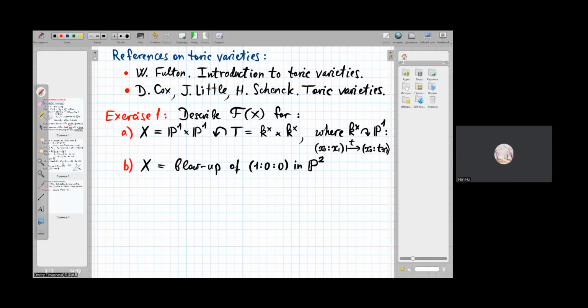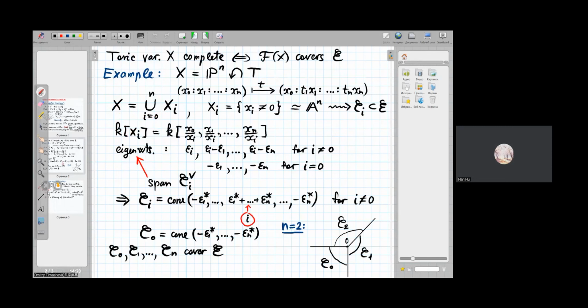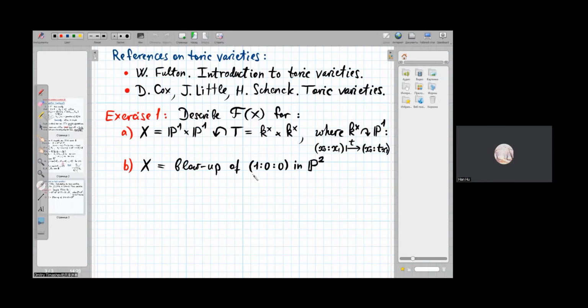It is a fixed point under the action of t in the previous sense. And when you blow up this fixed point, then of course the action of t lifts to the blow up, and so the question is to compute the fan for this projective toric surface. This is the first exercise, and the second exercise will be about